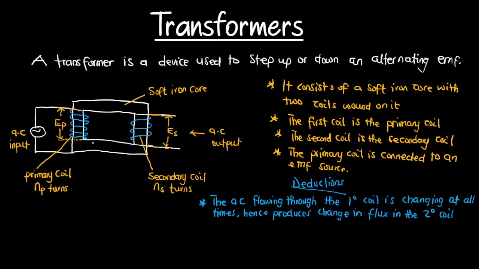The flux produced in the primary coil is proportional to the number of turns that we have over here, right? The NP, the number of turns on the primary coil, determines the amount of flux that will be produced, right? So the flux produced by the primary coil is proportional to the number of turns NP and the current IP,